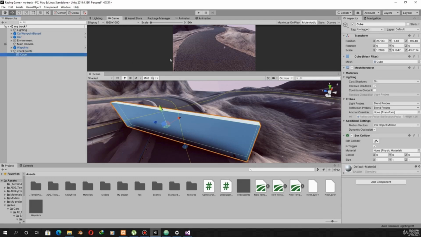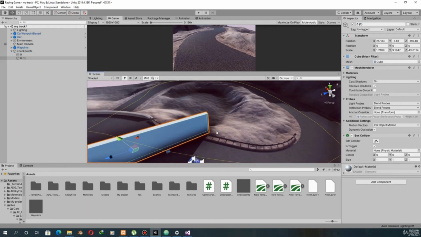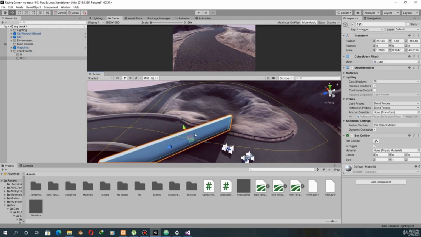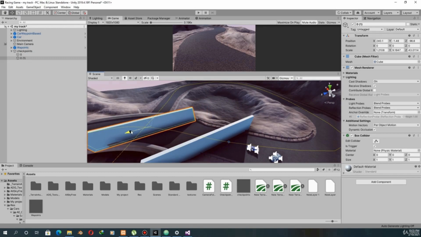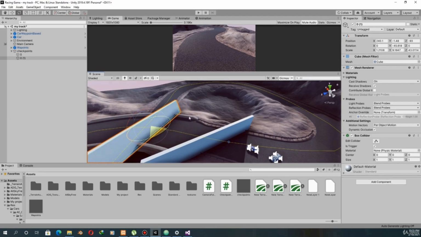We want to name the first checkpoint 0, because we will use this name in the script. Duplicate this checkpoint and now move it from its position and place it here. You can select the rotate tool and now rotate this checkpoint.